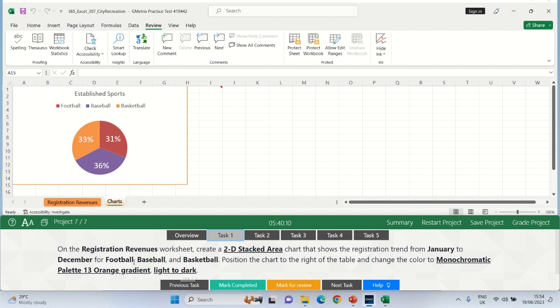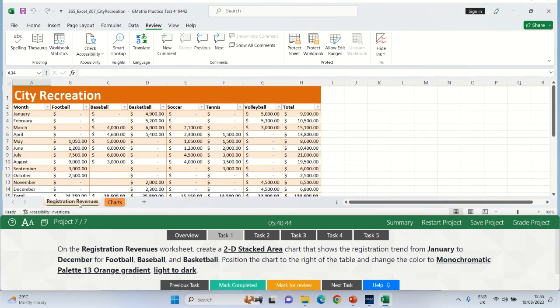light to dark. Okay, on the registration revenues worksheet, create a 2D stacked area chart that shows the registration trend from January to December for football, baseball, and basketball. Position the chart to the right of the table and change the color to monochromatic palette 13, orange gradient light to dark. Okay, to do this, you click on the registration revenues worksheet, then to create a